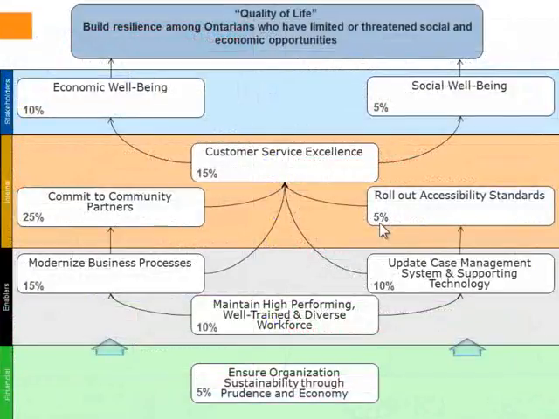So now we have a strategy map. We'll be able to put those performance indicators and make them available to the leadership team. So in this case, green means good, and the little arrow indicates that we're trending up. In this case, commitment to community partners, we're still performing green above target, but there's a downward facing arrow.